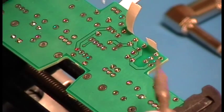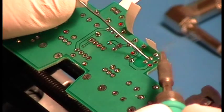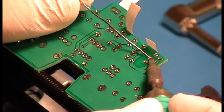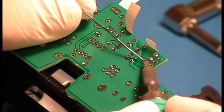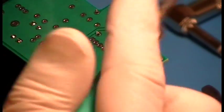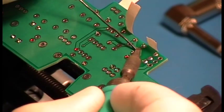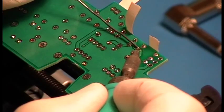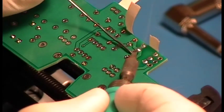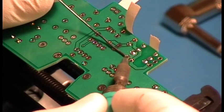You'll see that sometimes, depending on the configuration of the wire and how much room I have to work with, sometimes I'll actually use the side of the iron to heat up the joint. That's perfectly okay too. Whatever you need to do. Just get heat on the joint. That's all you have to do. Just don't use that stupid chisel tip or the conical tip. They're useless. I'm sure somebody has a use for it, but